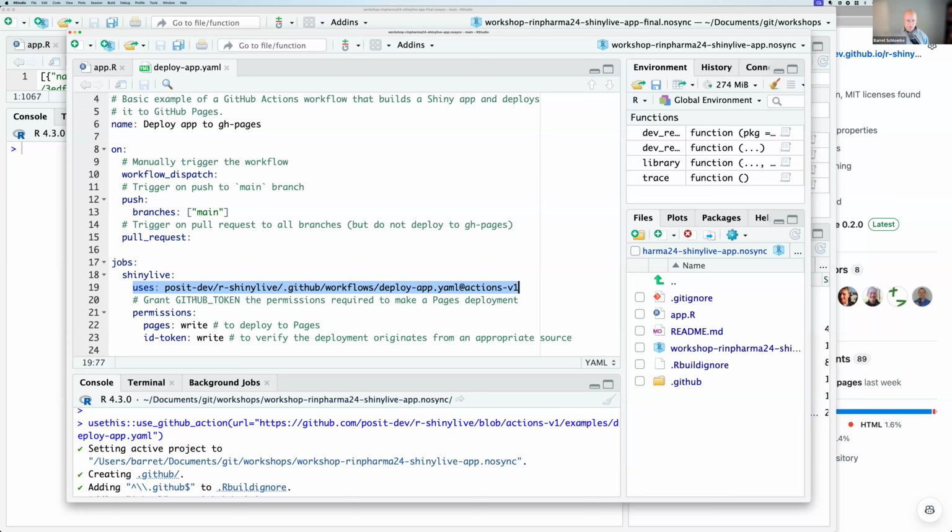Because we are uploading to your GitHub Pages, we do need to grant some permissions. And this is where I say, peek at what the code is doing. Because I could be like, oh, give me permissions to delete your whole user repos. Like, that would be really bad. Instead, it's just saying, hey, for pages, we need to write to it. And then I need an ID token so that we can verify the deployment originates from the appropriate source. This is recommended by GitHub and what we need to do. And so we just have a very minimal set of permissions to deploy your application.